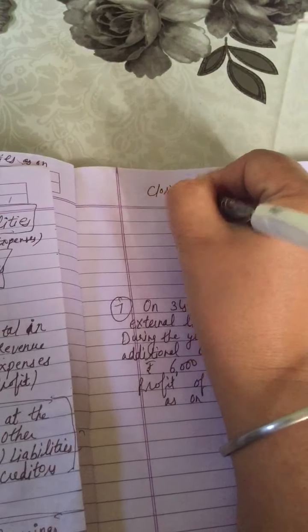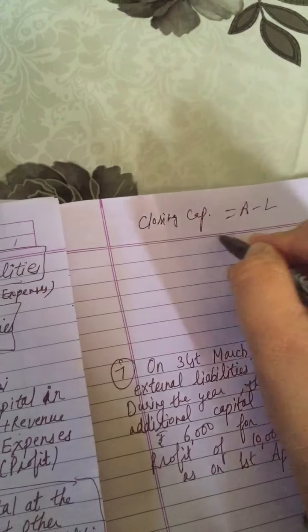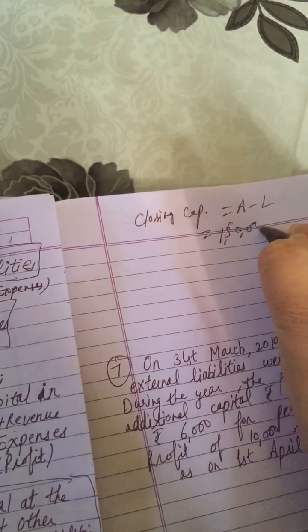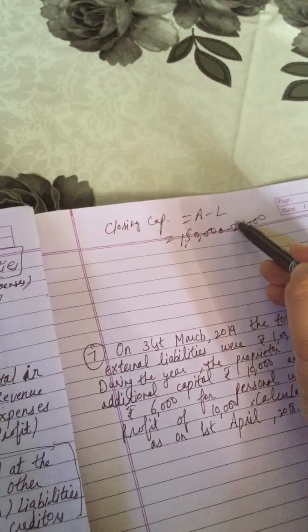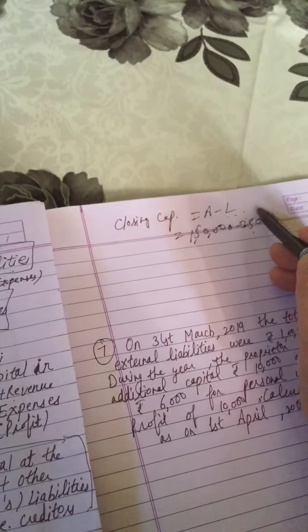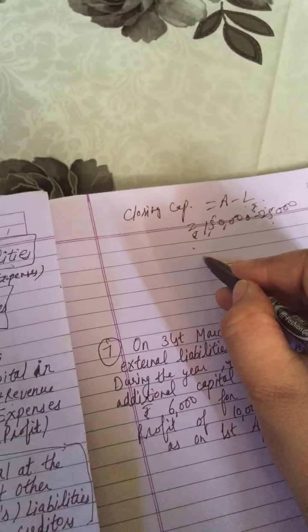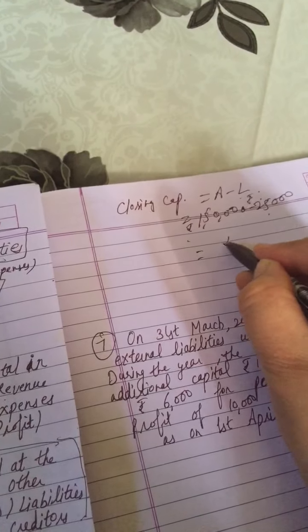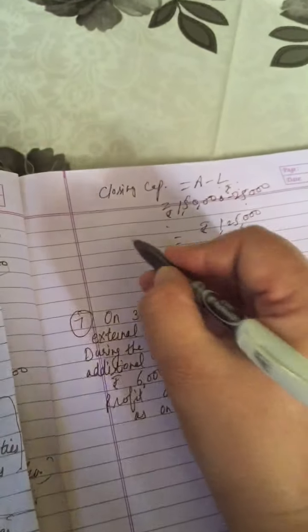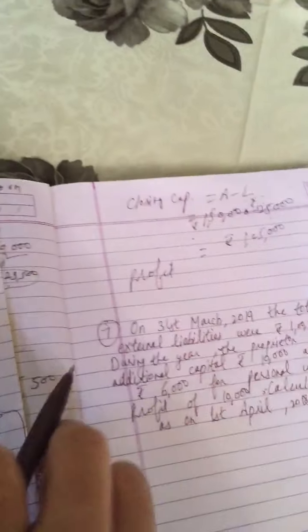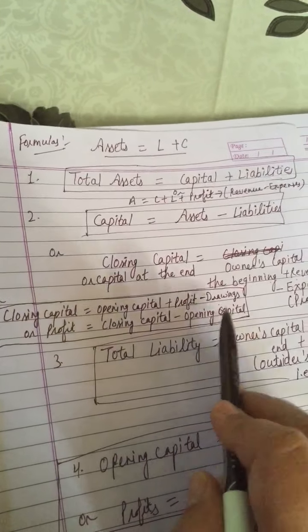Closing capital equals assets minus liabilities. Assets are 1,50,000 and the liability is loan taken from Y. You can also write what the liability is, that is loan taken from Y, and we have capital 1,25,000 closing capital. And profit we can find, that is closing capital minus opening capital, and